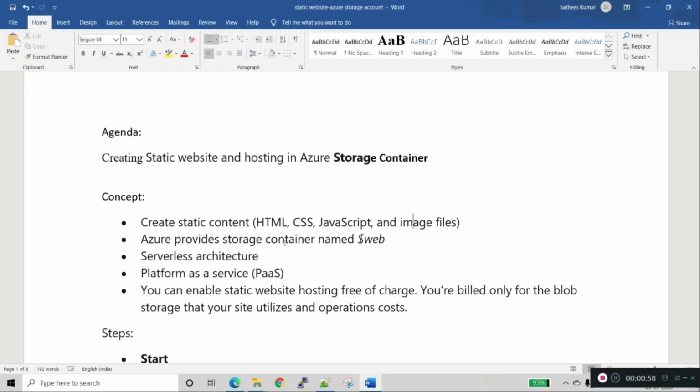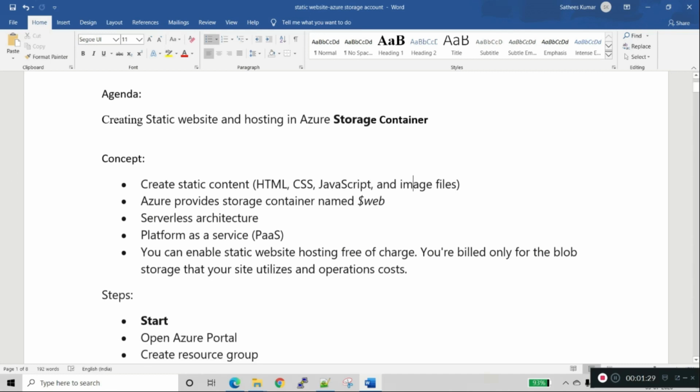We don't need to know anything, as it is provided as a platform as a service. We don't need to pay Azure for hosting our website. We will be billed only for the storage that we are using, meaning the size of the files we are storing in the storage container.